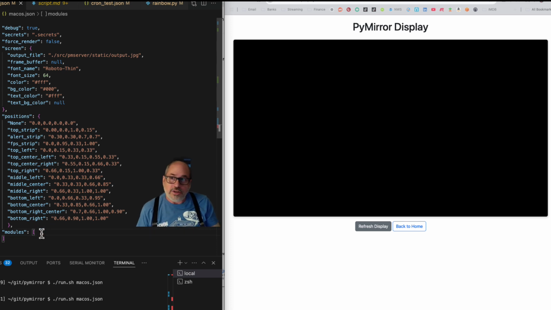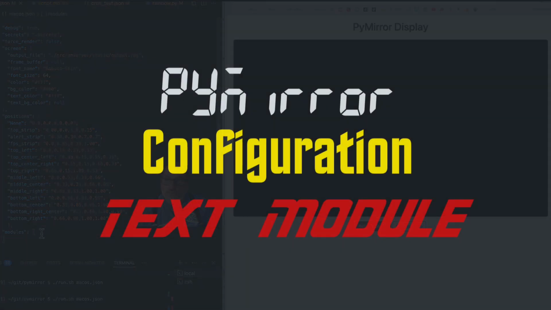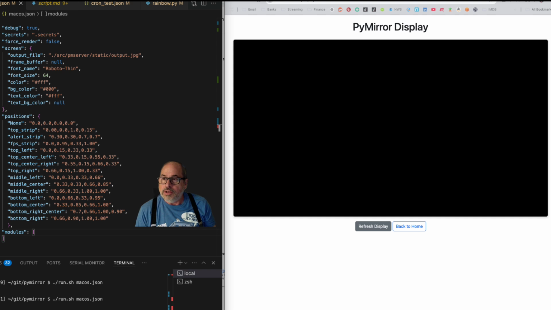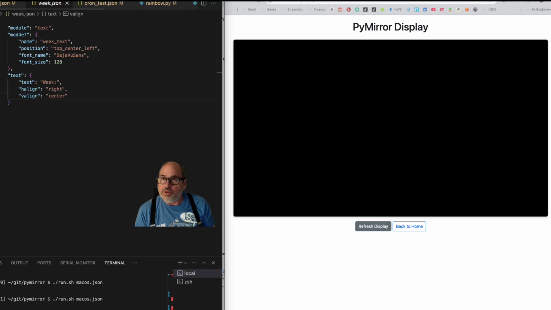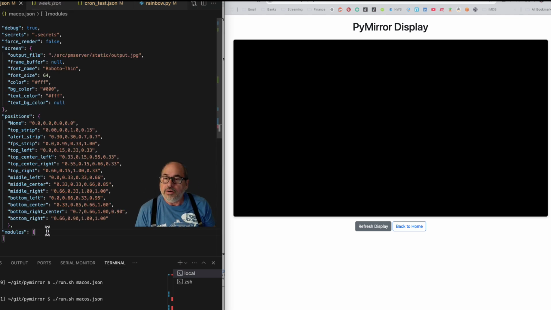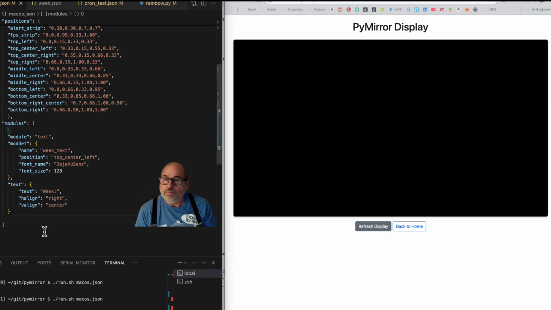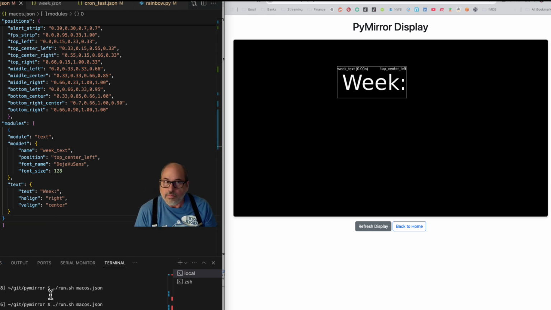You can actually insert a full module definition here, and I'll do that as an example. Let's go get the text module, and all of these are stored in a folder called mod defs. So I want to put the word week up here because we're going to put the week of the month, and you should be able to just drag this in, copy this here, and drop it in here in modules. Okay, and we'll rerun this. So as you can see here, I've defined a module in place, so it's a text